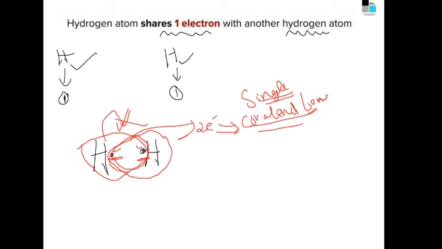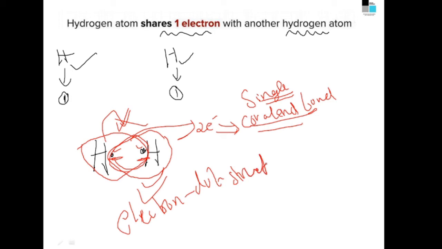This is an example of a single covalent bond. So in total, if 2 electrons are shared, then we will call it a single covalent bond. And this particular structure is known as the electron dot structure, and this is how we will draw the electron dot structure of